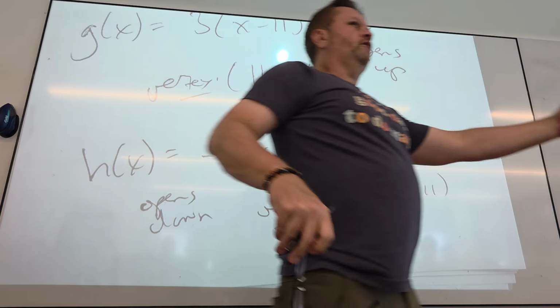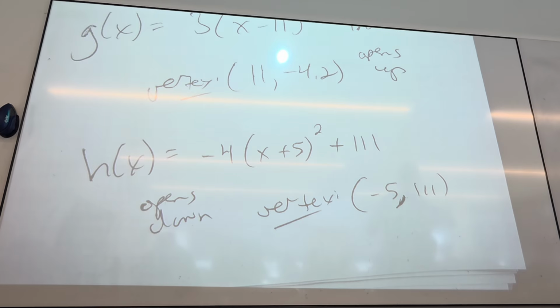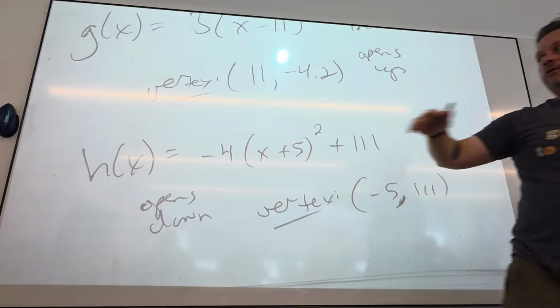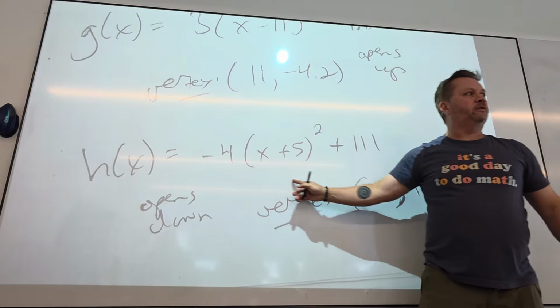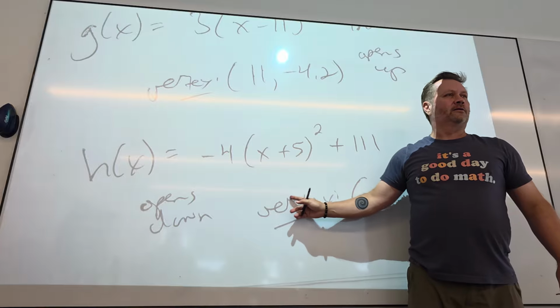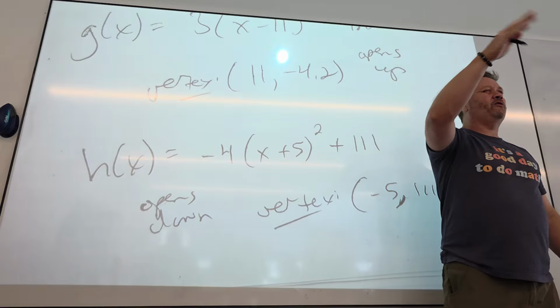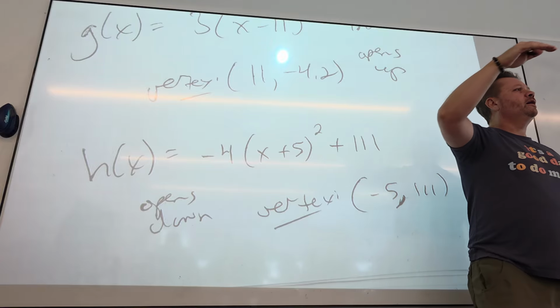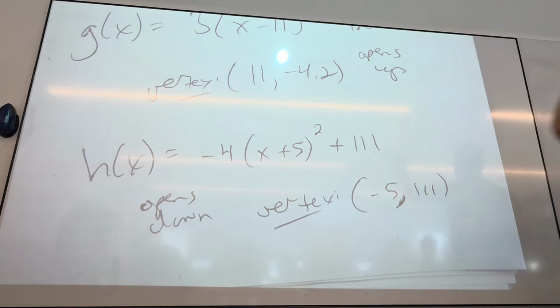So one of the things we're going to do first thing next time is, if they give me a quadratic that's not in that form, we're going to complete the square. So if they give me a quadratic like 4x squared plus 8x plus 2, I want to put it in this form so I can see the vertex, yes?